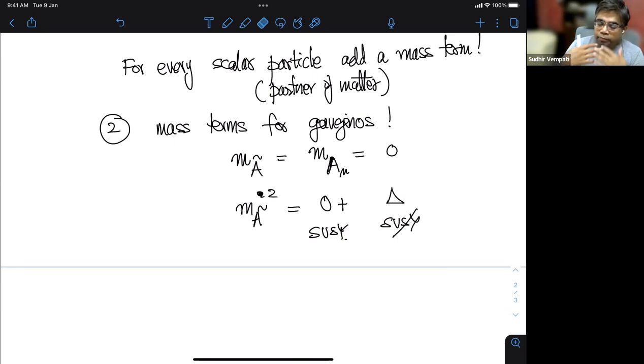Similarly, the gaugino in the vector multiplet is a non-standard partner of the photon, which is a standard model particle. So the non-standard partner of the photon is added a mass term, which is called the gaugino mass. If we add a mass to the gaugino,